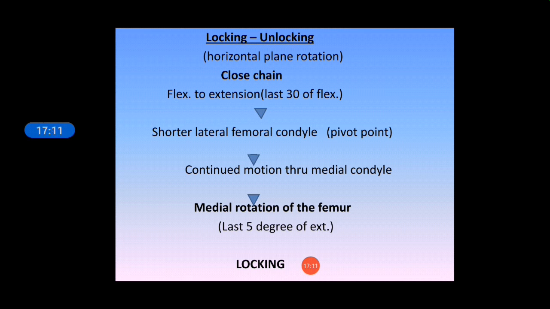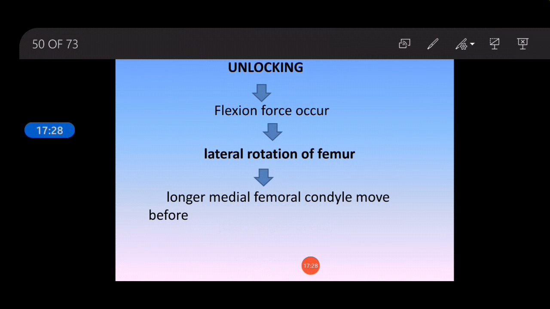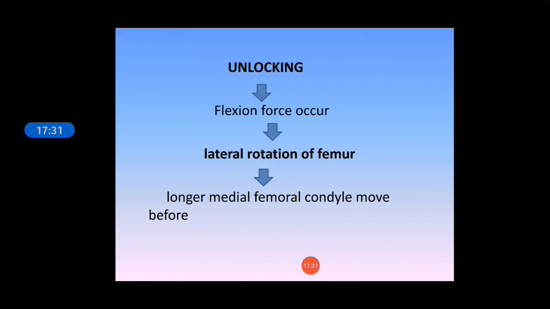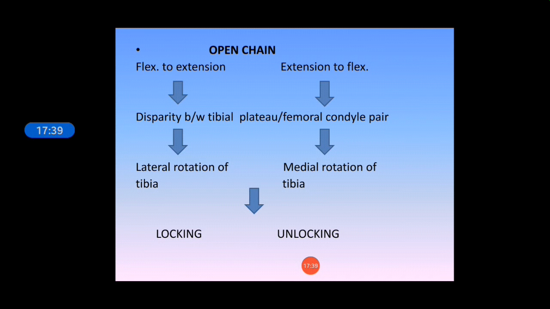The tibial tubercles become locked in the intercondylar notch. The menisci are tightly interposed between the tibial and femoral condyles, and the ligaments are taut. Consequently, the automatic rotation is also known as the locking or screw home mechanism. The unlocking is brought about by lateral rotation of the femur on the tibia before flexion can proceed. In open chain, in locking, going from flexion to extension, there is lateral rotation of the tibia. In unlocking, going from extension to flexion, there is medial rotation of the tibia.